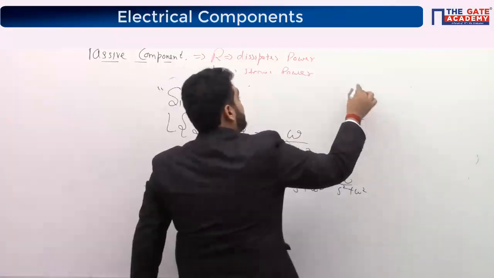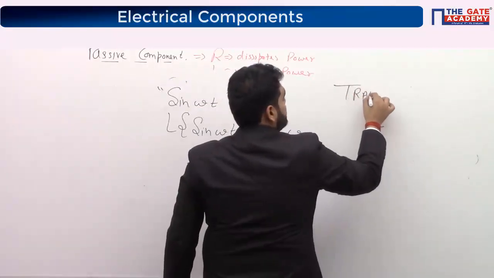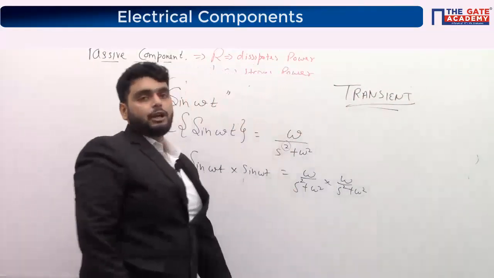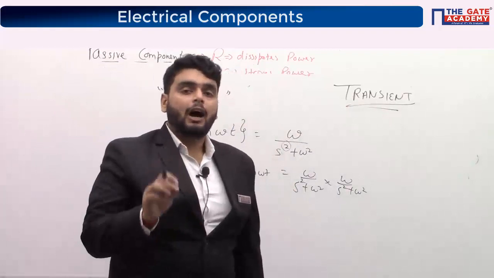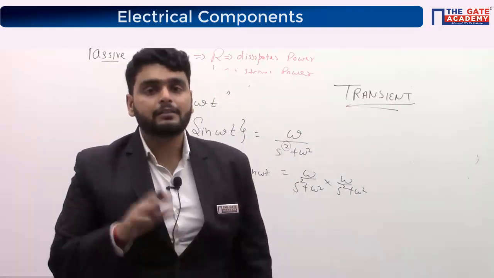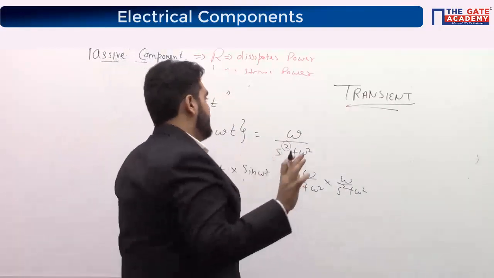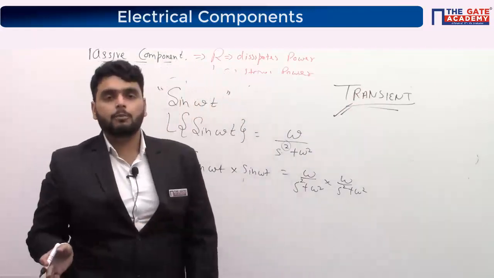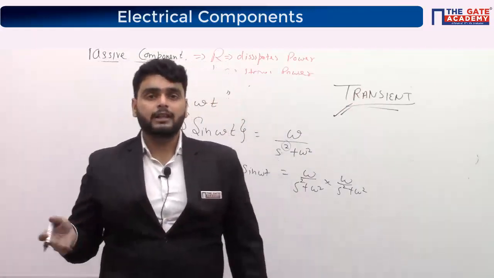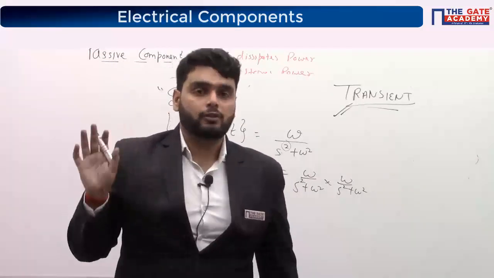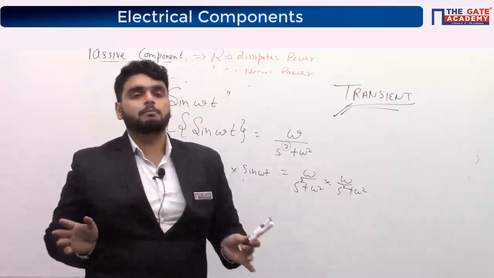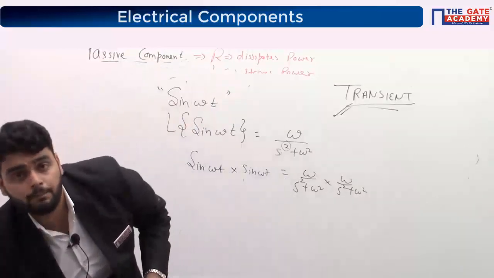Now there is a chapter known as the transient. In transient, we will see how we use the Laplace domain in this chapter. Okay, so remember Laplace domain we'll use in this chapter, and in DC we'll use the time domain, in AC we'll use the frequency domain. Okay, keep this point in your mind, then your calculation will be so much simple without taking any time.